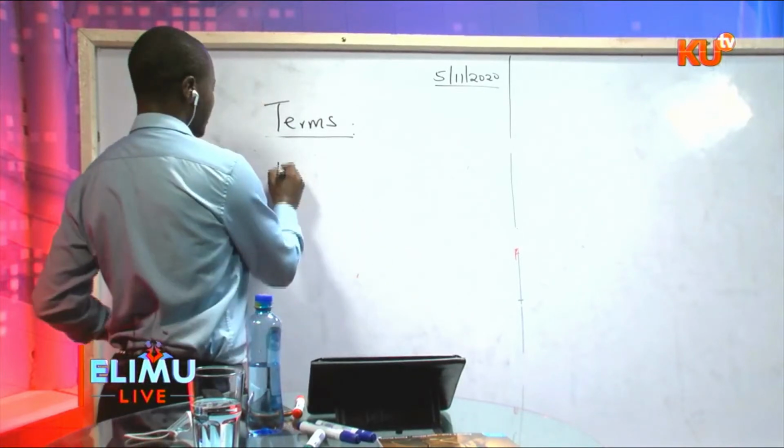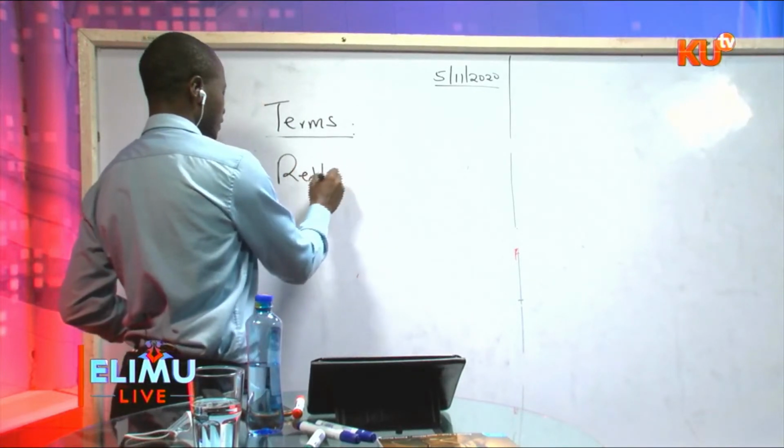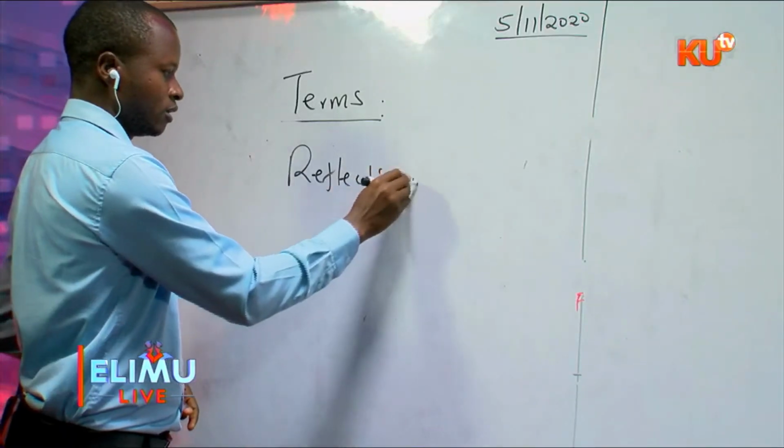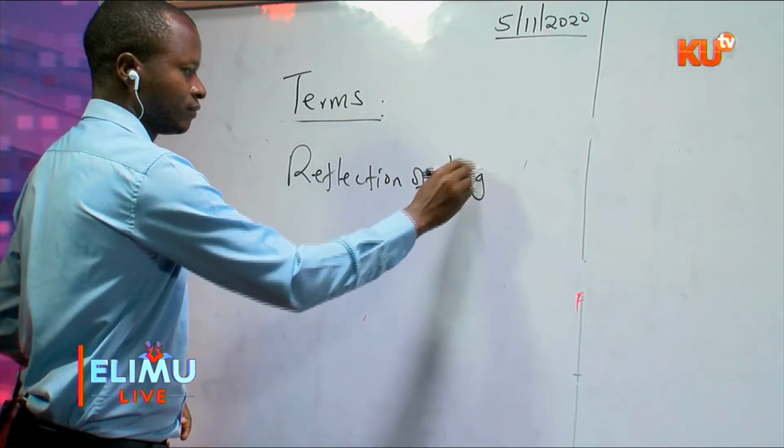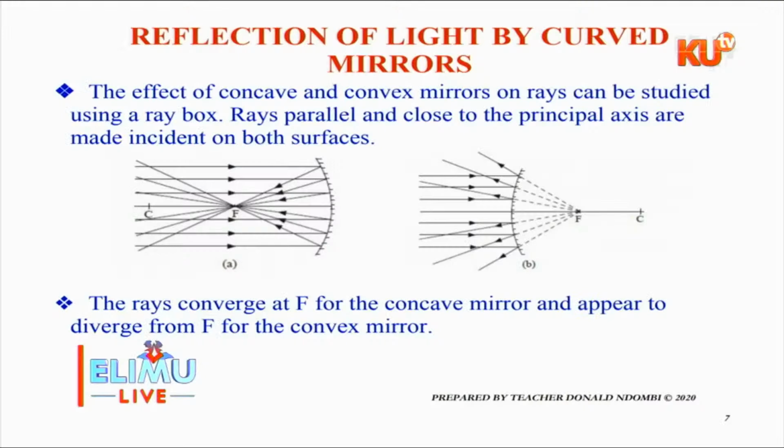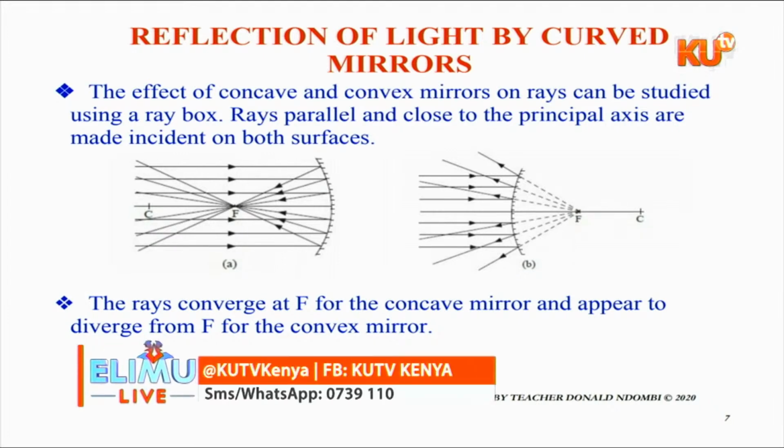Now we want to look at another subtopic as we move towards winding up: reflection of light by curved mirrors. I know in Form 1 you did reflection of light. You even did the laws of reflection. If I take you back there for a minute, if this is a plane mirror,